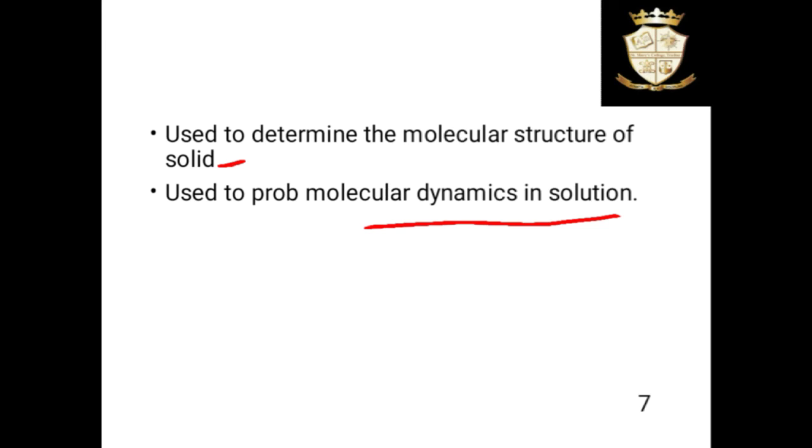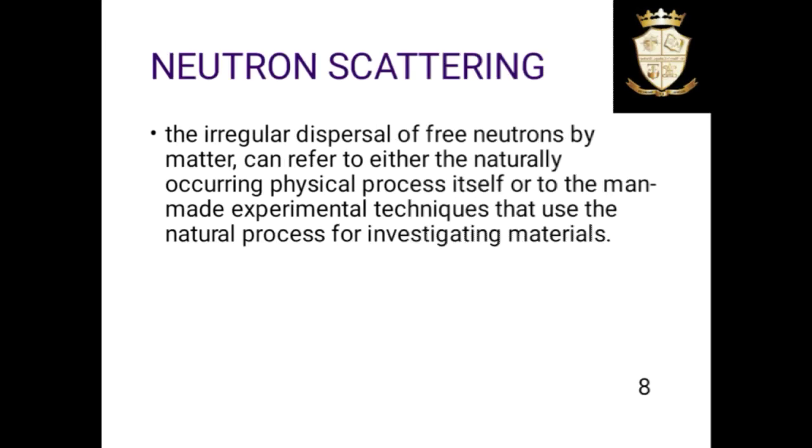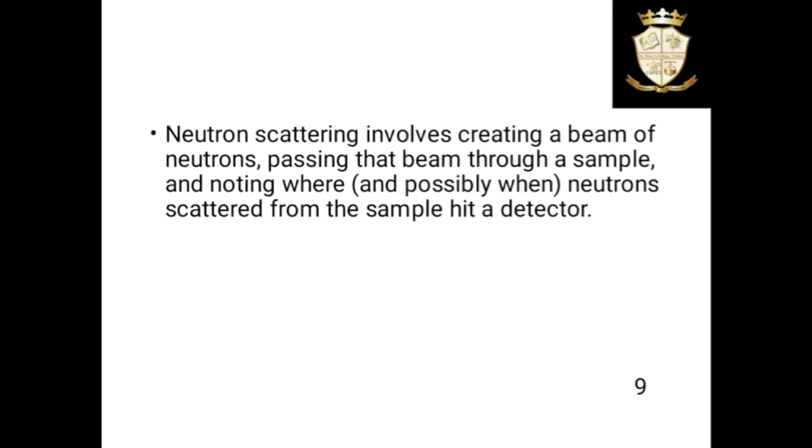And the next topic is neutron scattering, the irregular dispersion of free neutrons by matter, which can refer to either the naturally occurring physical process itself, or to the man-made experimental technique that uses the natural process for the investigation of materials. So we can investigate materials. And neutron scattering involves creating a beam of neutrons and passing the beam through a sample,